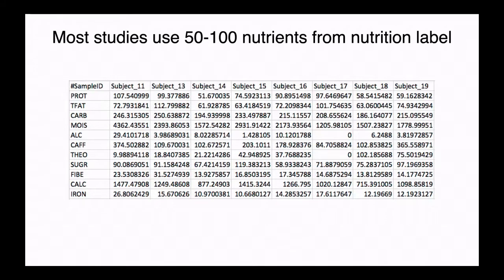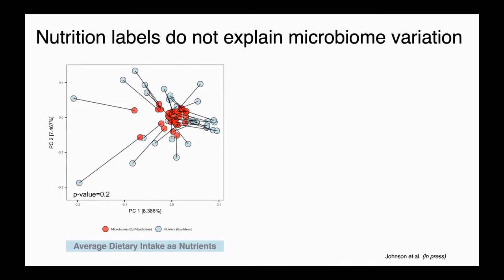Most studies on the microbiome that have collected diet information use the nutrients from the nutrition label. So there's about 100 nutrients that are known for most common foods. And many of them are very broad things like carbohydrates or sugar. But of course, sugar has many types of sugars. And the microbes don't just care about sugar. They want to know what kind it is, because they may or may not be able to degrade it. So we started off with nutrition data.